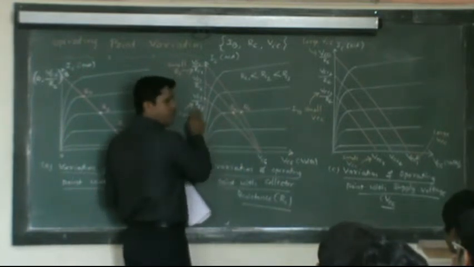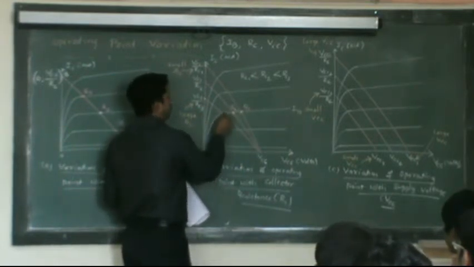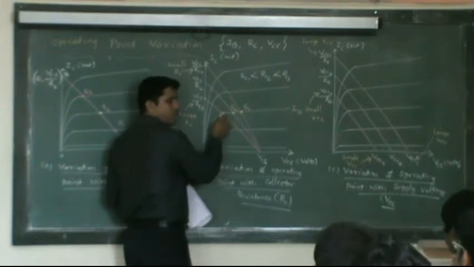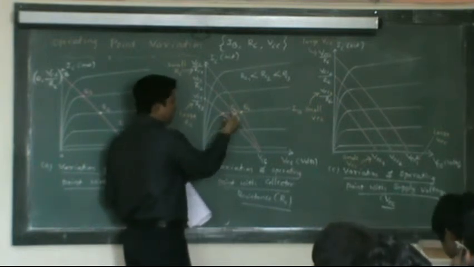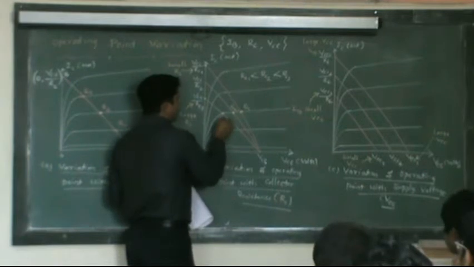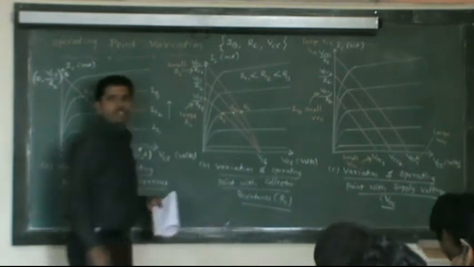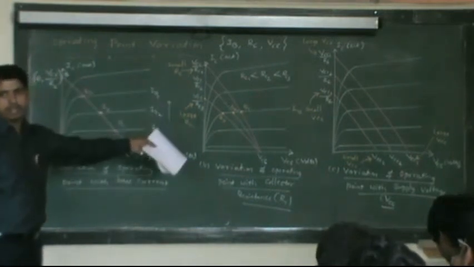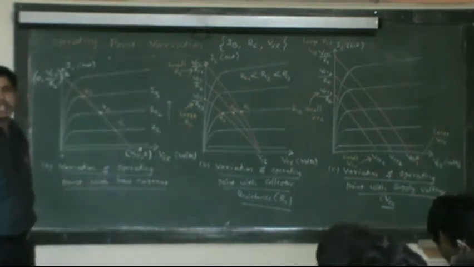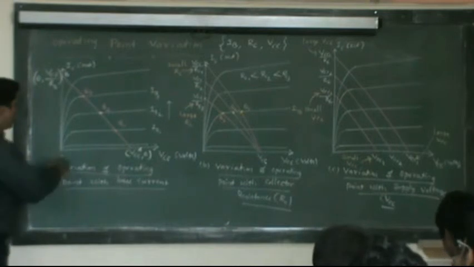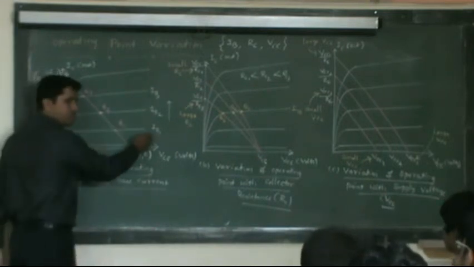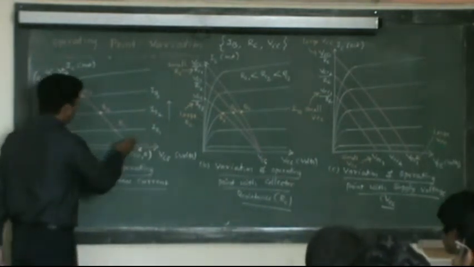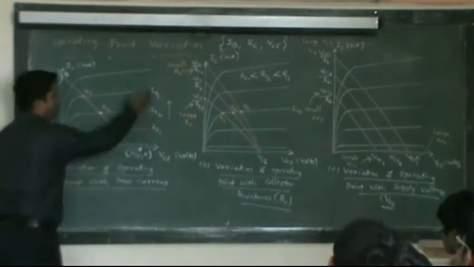And finally, if you choose RC as RC3, the operating point shifts somewhere into the VCE saturation region. It's nothing but the saturation region. Let us call this operating point Q3. You get 3 different operating points, and also 3 different load lines because of variations in the resistance. In this case, how do you change the base current, if you want to see the different operating points?